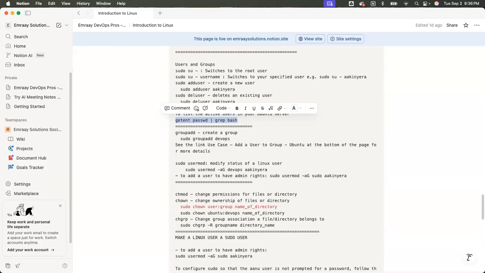Groups are basically... Temitope, you wanted to say something? So I'm trying to align it in my head. For example, groups help with giving roles.